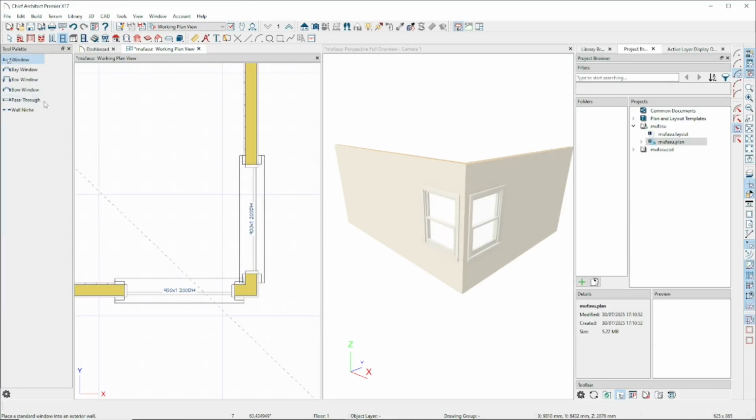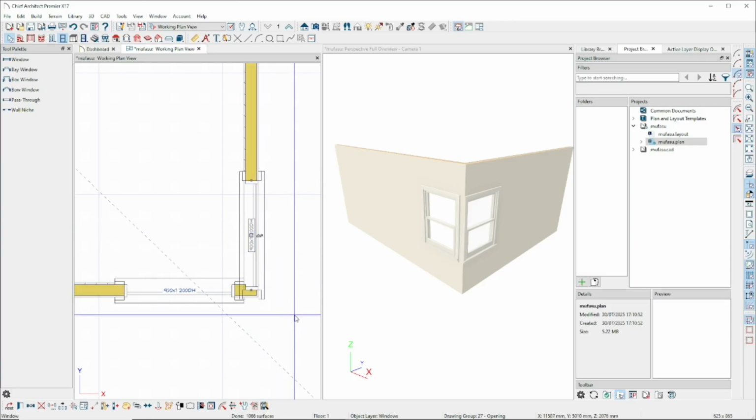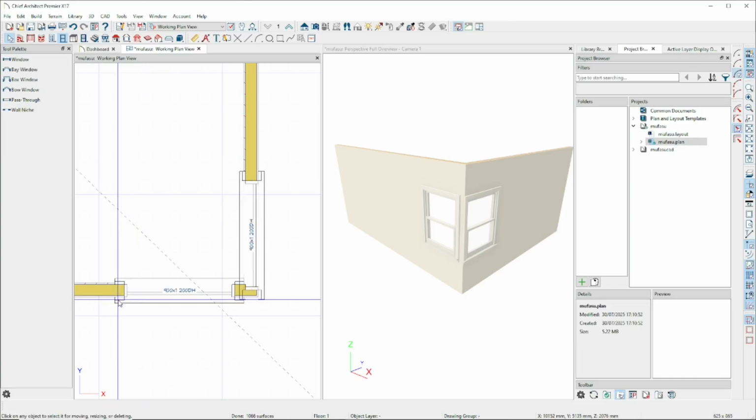After it, you can use the move tools to move the window. You can select the window and then click and hold. You can move it into the corner. Okay, I will click this window again,